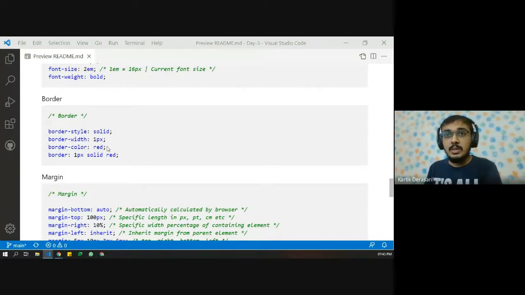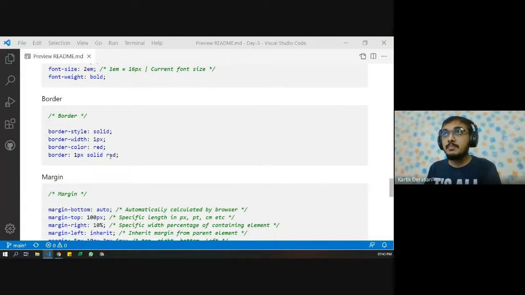For an example, if we don't want to write very descriptively, then we can also use the shorthand property. So we just need to specify border, and here we can directly write 1 pixel, solid, and red. The format is border width, border style, and border color. And even in place of red, you can define the color using a hash value or HSL value and all these different values.